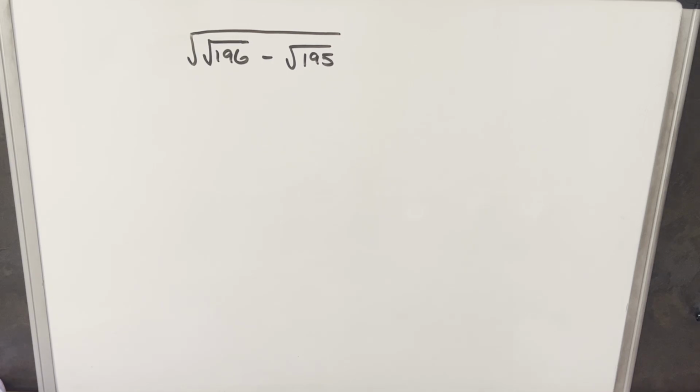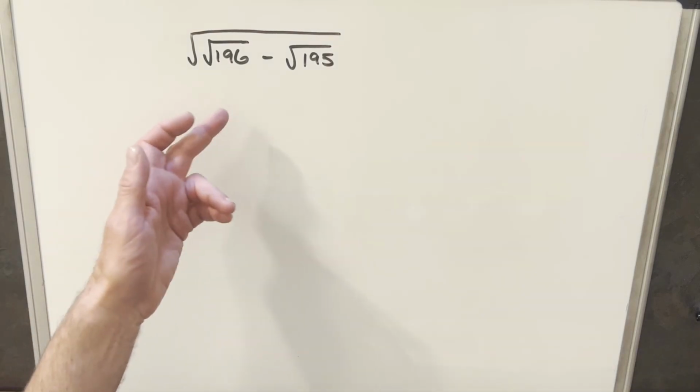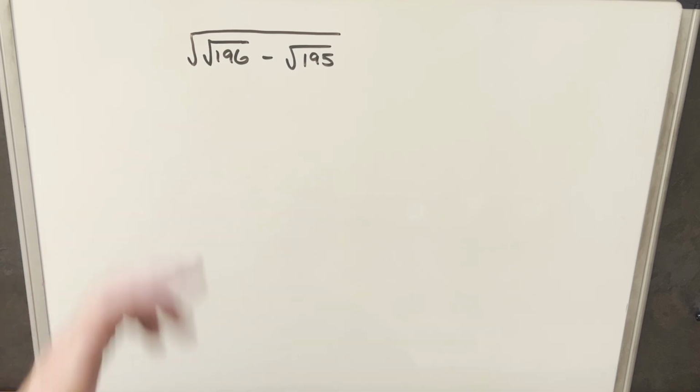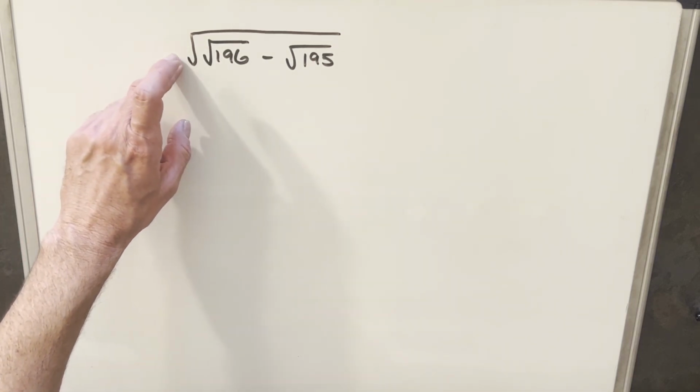Hey, we have on the board this problem. We have the square root of 196 minus the square root of 195. And I think this is one of those no calculator problems. We could pull out a calculator and get a nice answer for this, or we could estimate a solution for this. But what we want to do is try to reduce this to some kind of nice